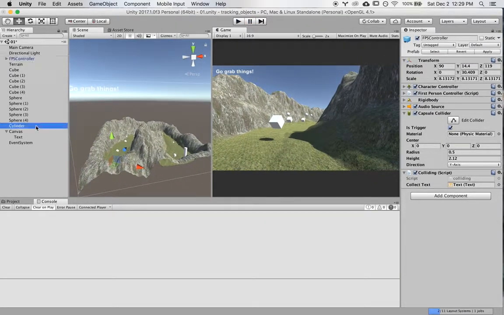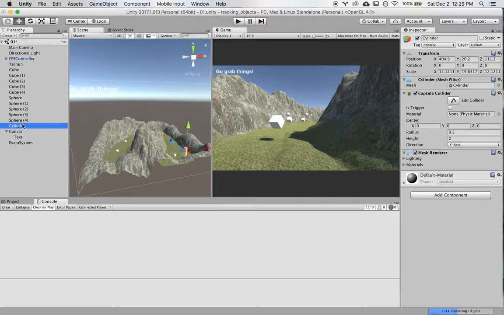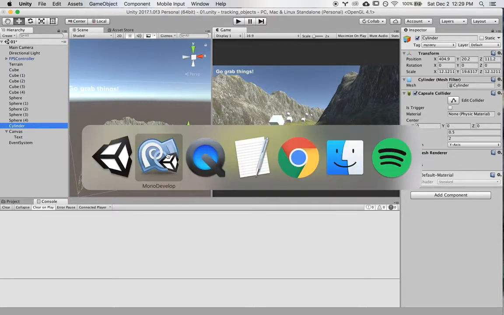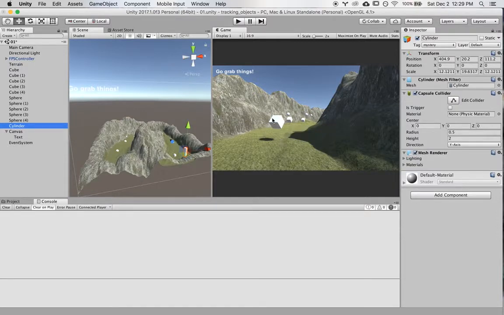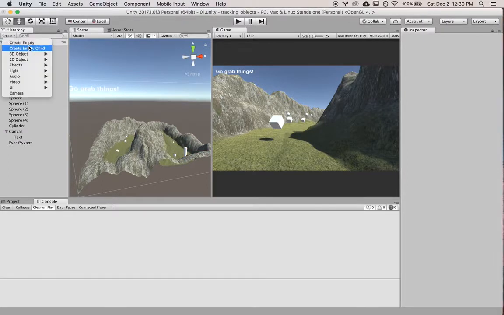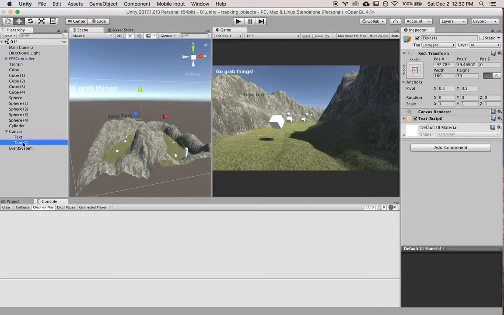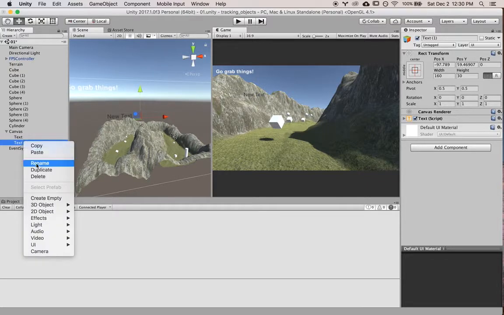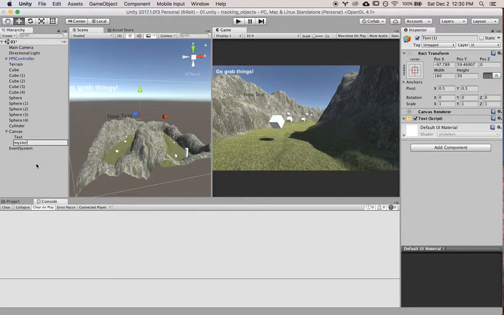So we need to make sure that our cylinder is tagged. Okay, we have a tag, this is mystery. And we want to create another UI element that'll show up in the middle of the screen. So if we create another text object, I'm going to rename this mystery text, okay? And we're going to